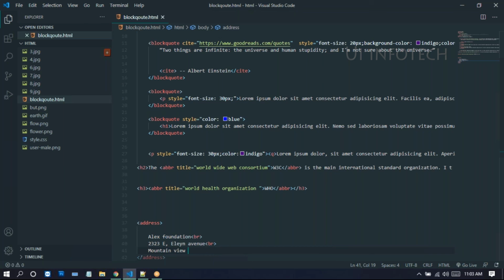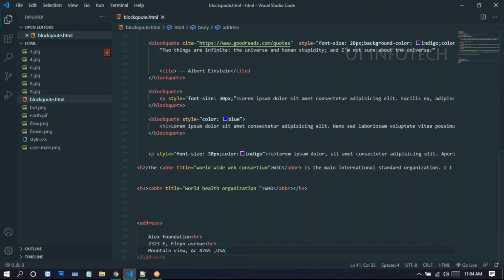So here I'm just giving AC, some numbers here, like US. So we can call it as USA. Like this, we can provide the address and the postal code in the website.